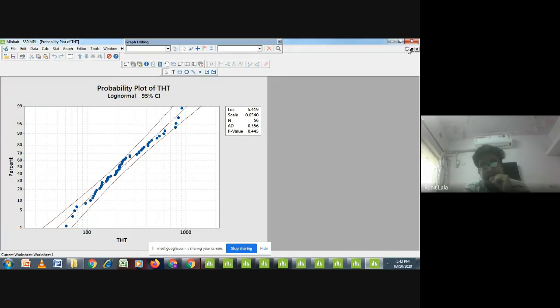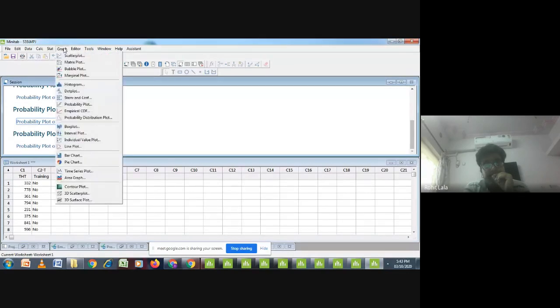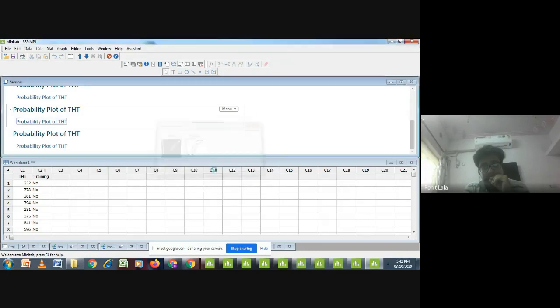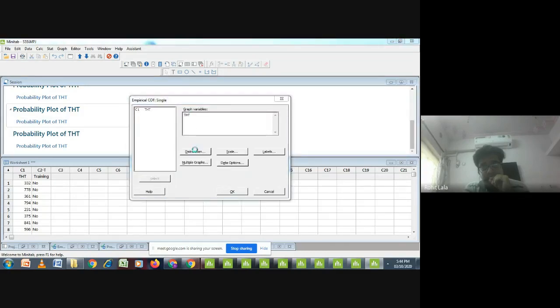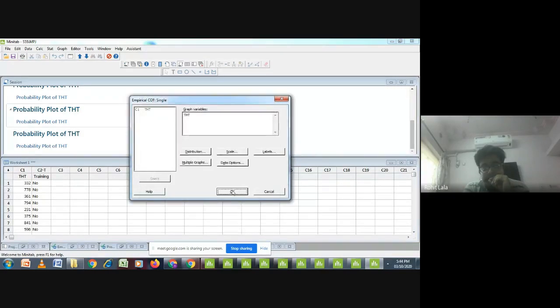So on the basis of it, you can prepare your empirical CDF test and predict the outcome. So for example, on this data, I will just click OK. I will see the distribution. By default it is normal, but as per my probability plot, I will set it, and I will try to predict the data set before and after training.